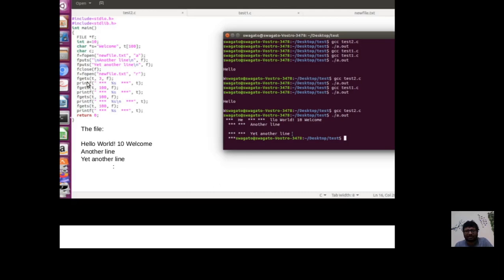So it just stores he in t, which is what is printed here, and no new line is printed. But then the next call to fgets fetches the rest of this line, that is llo space world and so on, and this gets printed here along with the terminating new line.